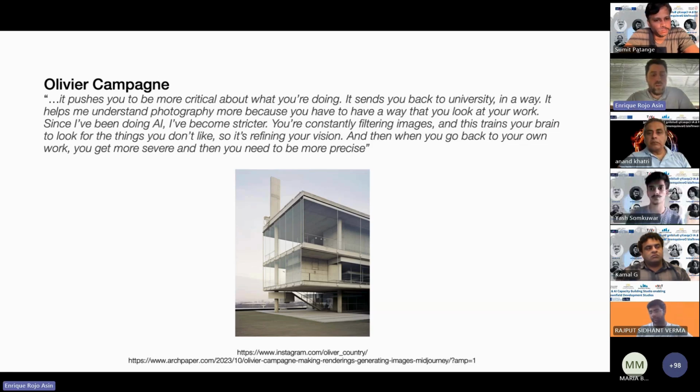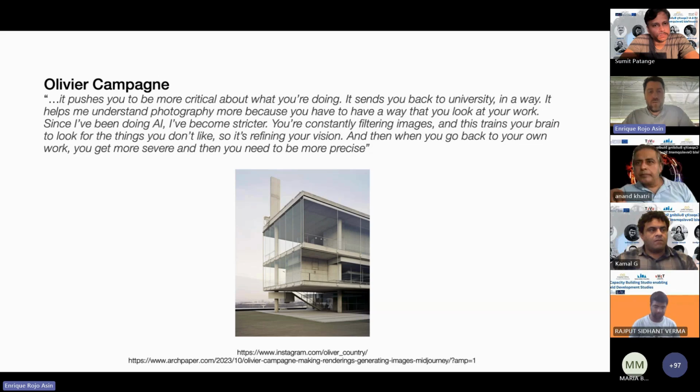And as you see, he thinks that using these tools wisely allows him to be more critical about what you are doing. It's not like, okay, we let the AI generate images. No, it's like, okay, now that I generated this, how can I improve what I've already done? Because in the end, the AI is referring to some already built constructions. So that also makes you more confident about what you are trying to achieve.